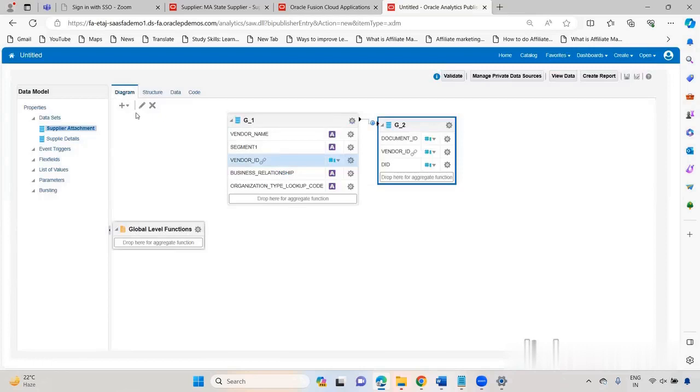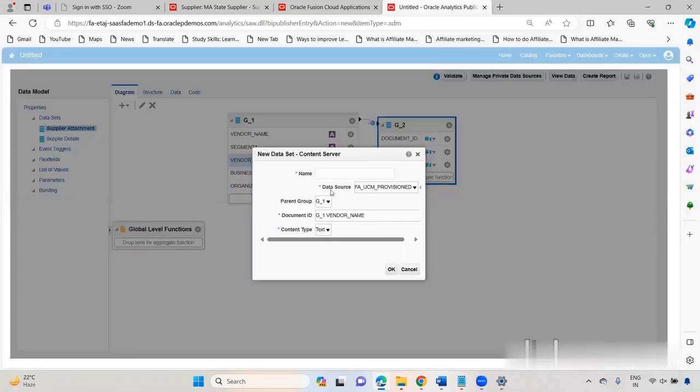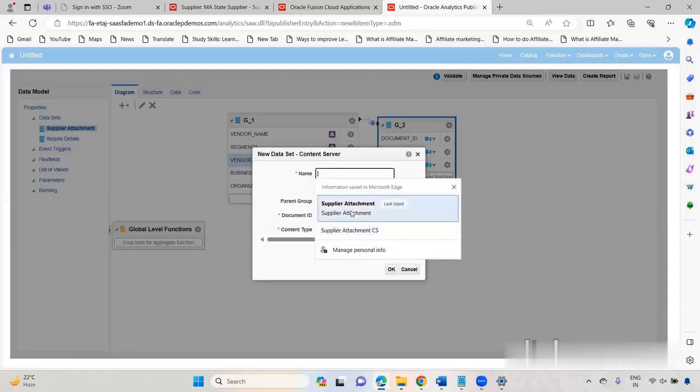Now, the next step is to print the message inside an attachment. Whenever we attach an attachment at supplier level or PO level or invoice level, it will automatically be pasted into the content server. So we need to point to that content server, and we need to point to the attachment against that particular vendor. For that, I'm going to take one more data set of content server. I can name it as supplier attachment